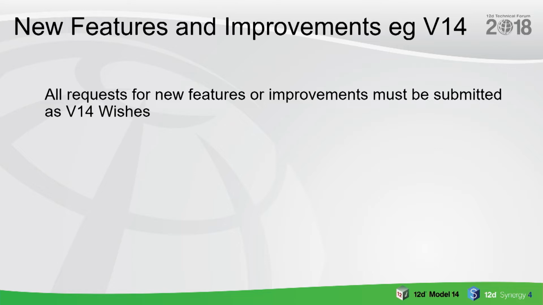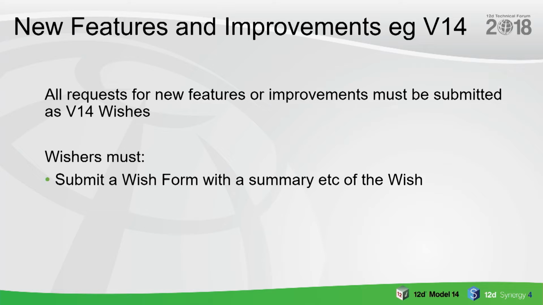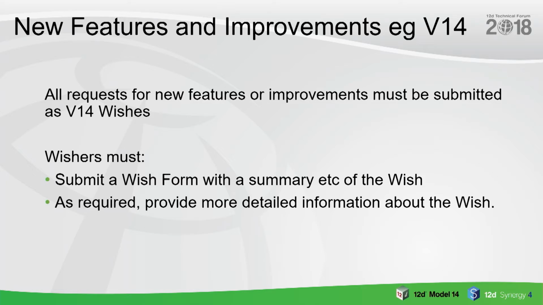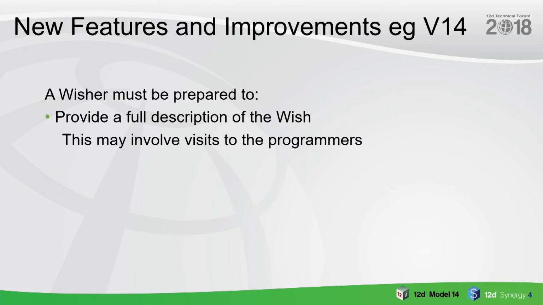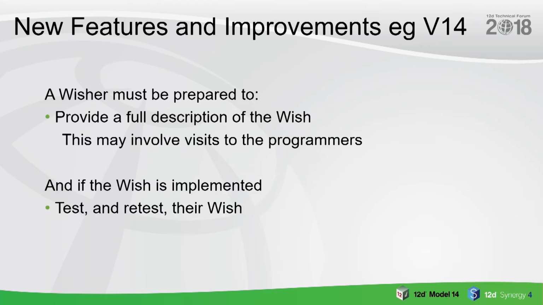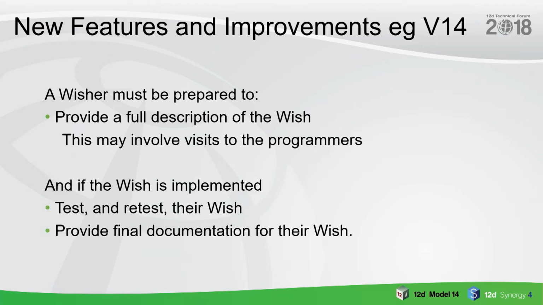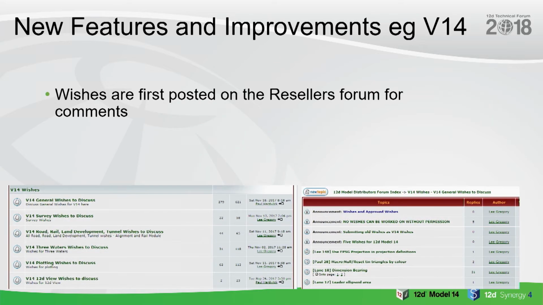So basically now before they can work on anything, we have to put in a wish. The wish goes into the system from our support people or ourselves, and they only can work on it when it's been approved in meetings. So it has really got tied down quite a bit. They have to provide the information, and if it's implemented, they have to then test the darn thing and potentially give us some documentation. Because everyone asks for things, especially our support people and the resellers, but they never tell us exactly what they want.